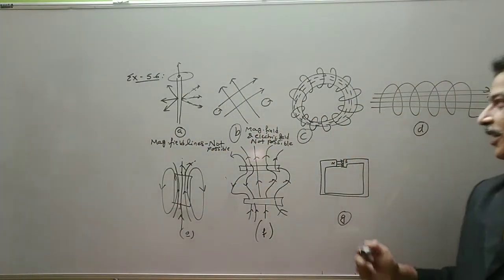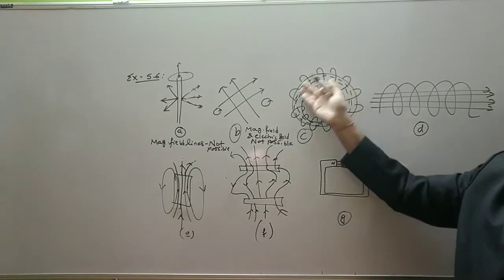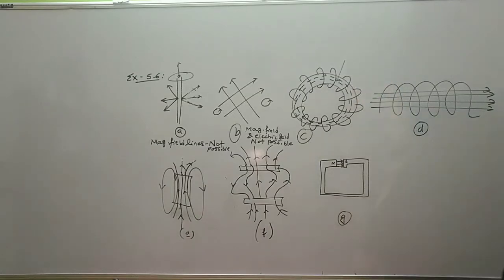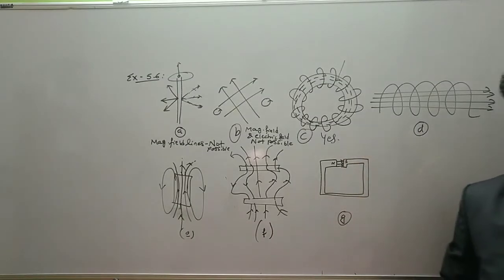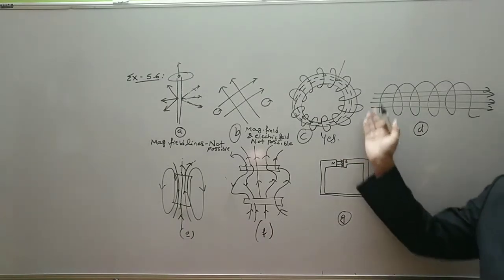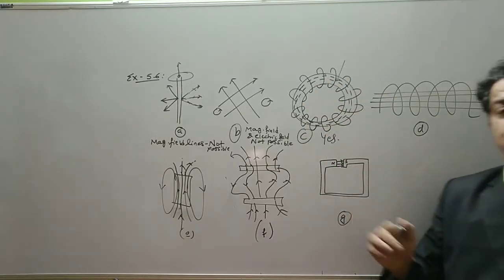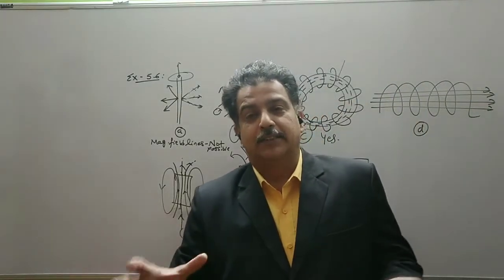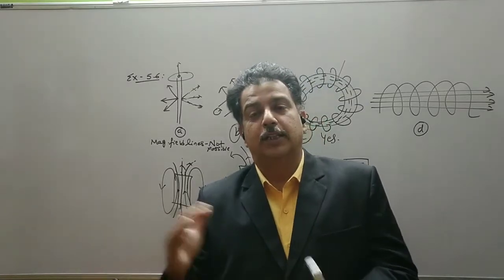Third case, a toroid. We know that a toroid has a magnetic field inside it. So the inside region is completely confined with the magnetic field lines. So yes, magnetic field lines are possible, not electric field lines, because electric field lines do not form a closed loop. Also, you remember, if you have a magnetic field line, it does not necessarily mean that you have a dipole, meaning one pole is north and the other is south.